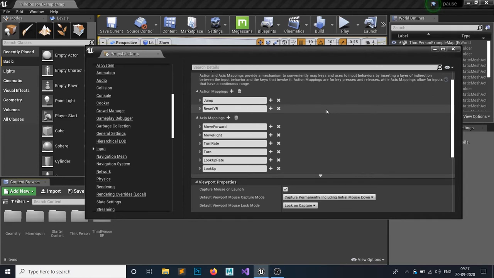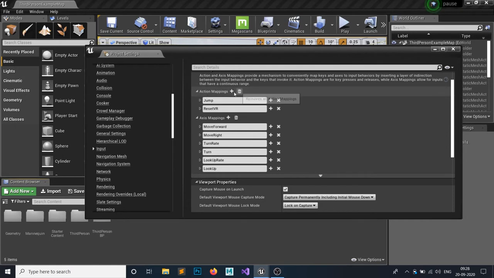The 0 means nothing, the axis mapping is at its default position, and it interpolates between -1 and 1. So if move forward is your moving forward and backward, then 0 to 1 is moving forward and -1 to 0 is moving backward. This is what the action mappings do and this is what the axis mappings do, and we're not going to cover this part in this video, because otherwise the pause and unpause video would be a short video.